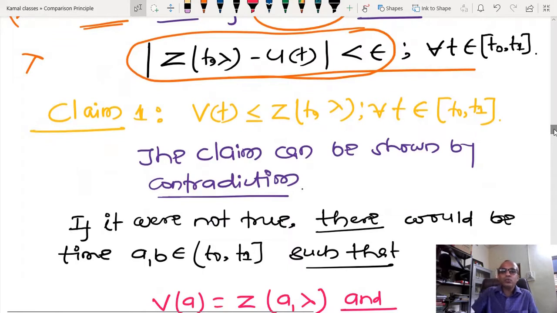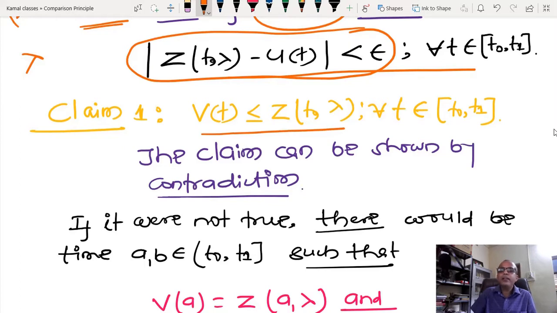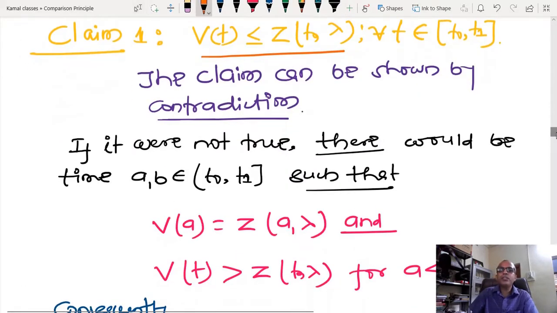Now I am going to show that Vt is less than or equal to zt lambda. One method of proof is called proof by contradiction. How do we prove by contradiction? First we say, suppose this condition is violated. In mathematics there are just two things, either something is true or false, there is no intermediate. So you first assume that something is wrong and generate a contradiction by logical argument. Then, if assuming something is false leads to a contradiction, it must be true, because we have just two alternatives.